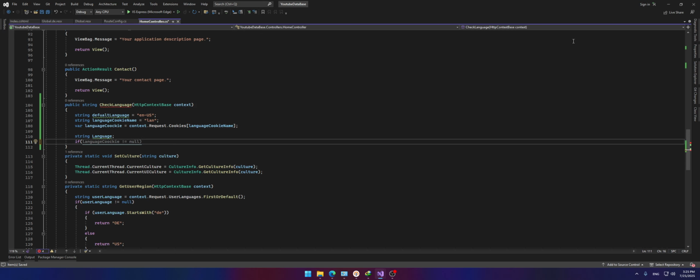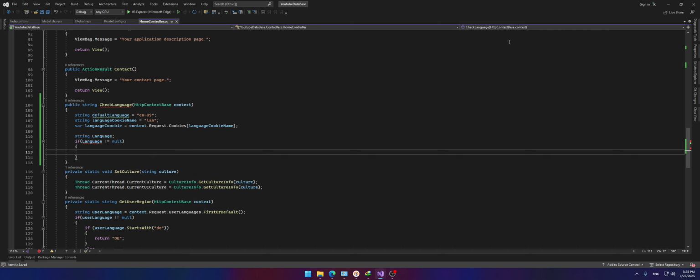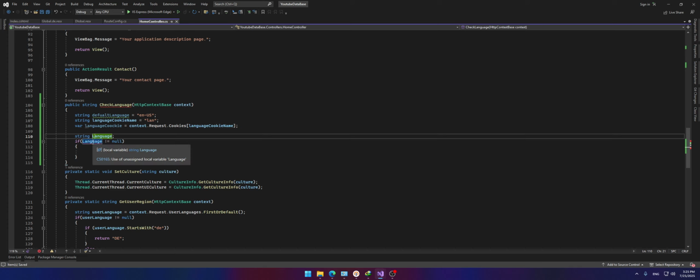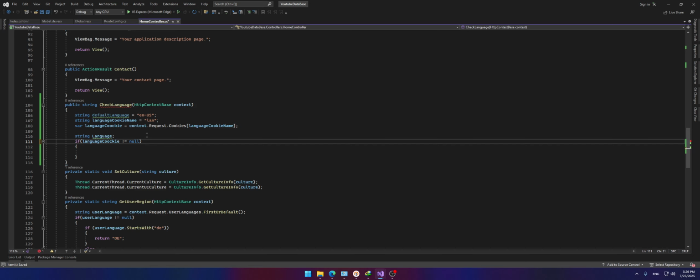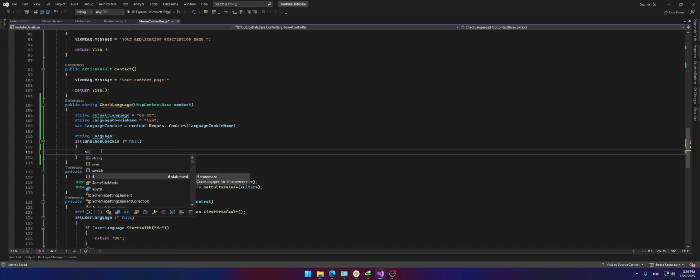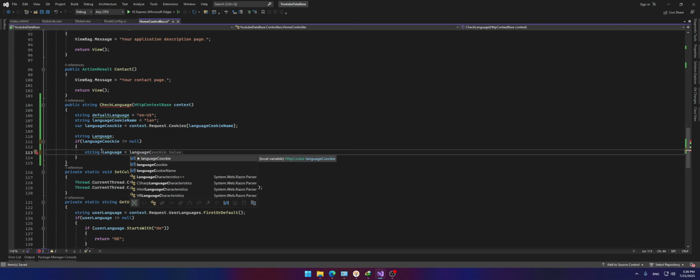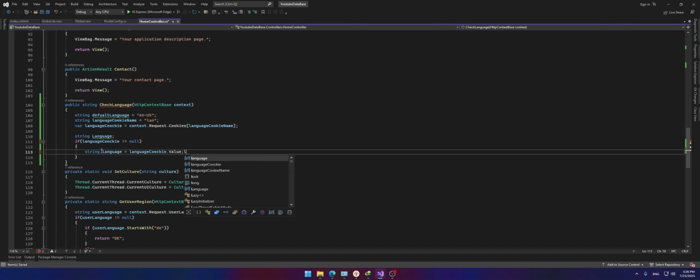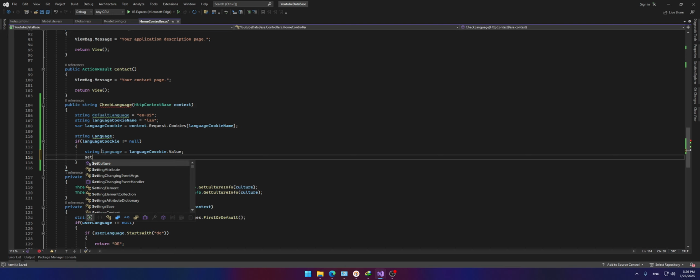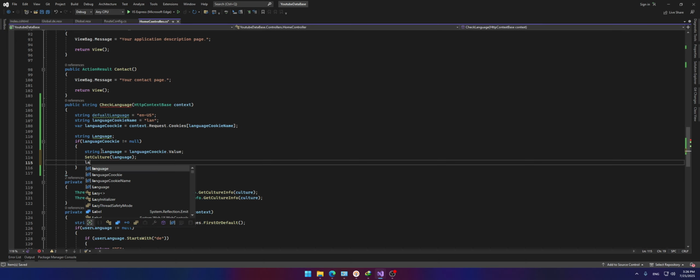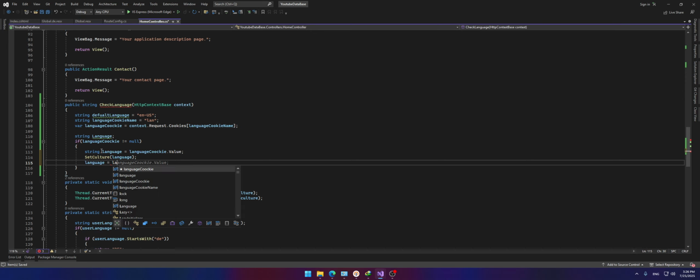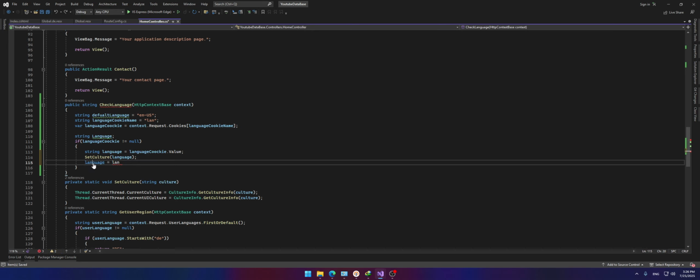if language wasn't null, language cookie wasn't null, string language it's equal to language cookie that's value and set culture language and language is equal to language but language it's equal to language and